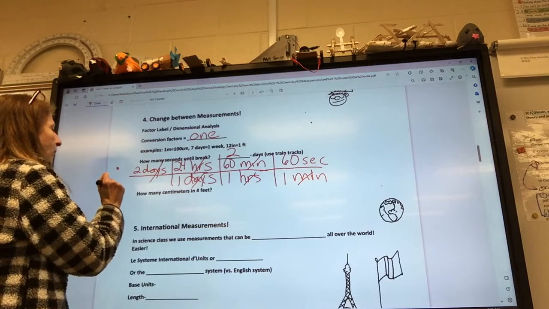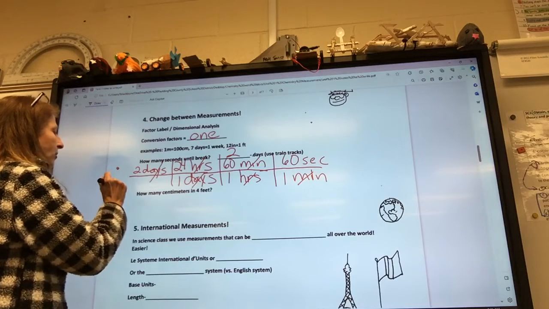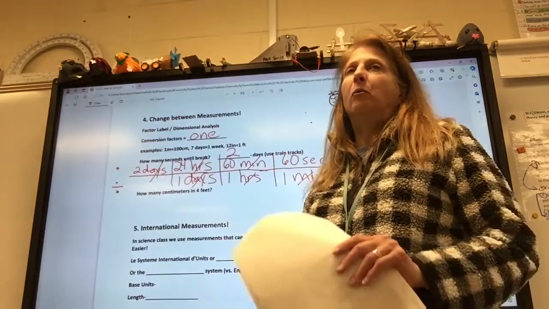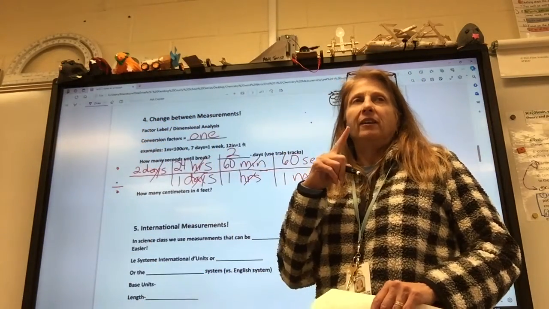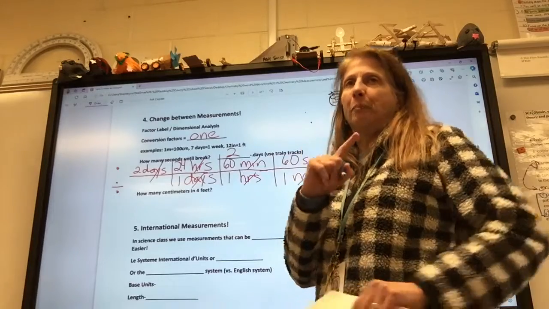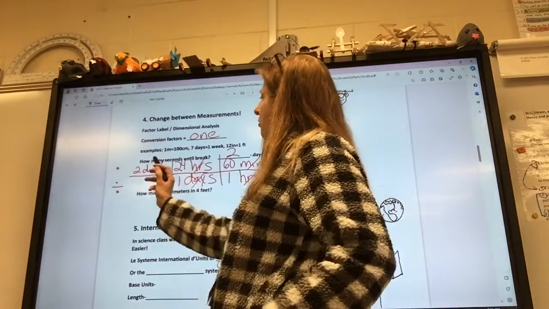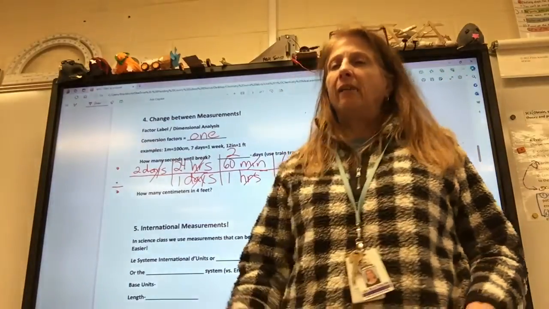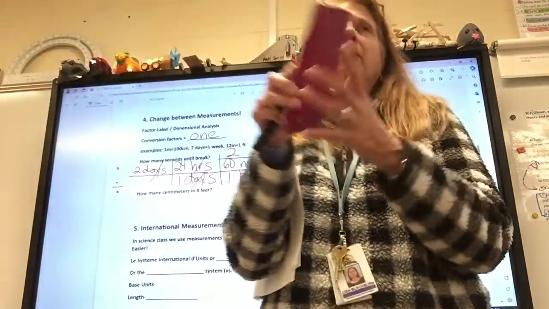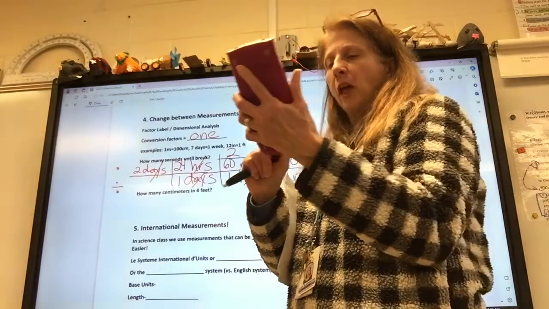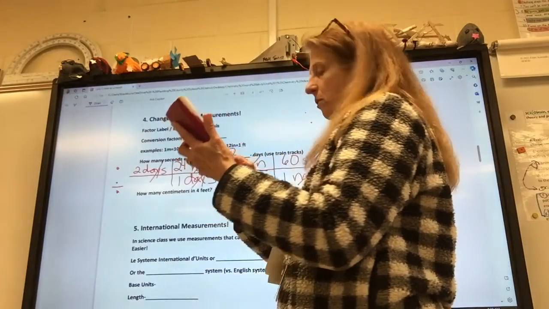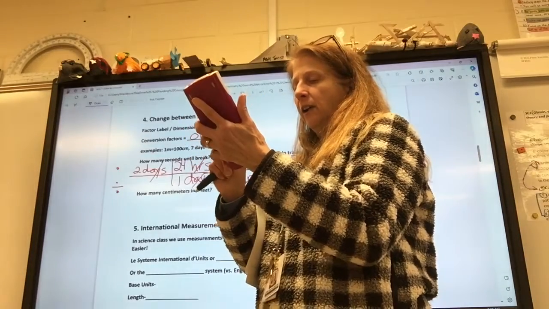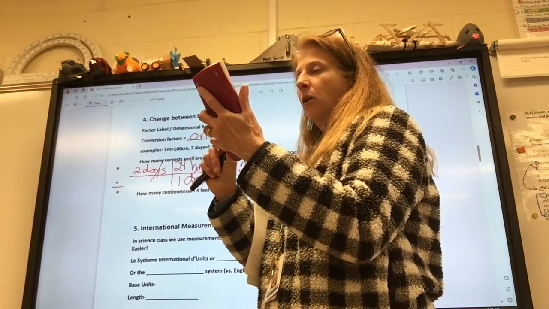Any number on top you multiply, any number on bottom you divide. If it's a 1, you can skip it because anything multiplied or divided by 1 is itself, right? The identity property, remember those properties from math? Okay, so on your calculator, you do 2 times 24 times 60 times 60. Does anybody have their calculator out and want to do the math for us? I do. 2 times 24 times 60 times 60 equals